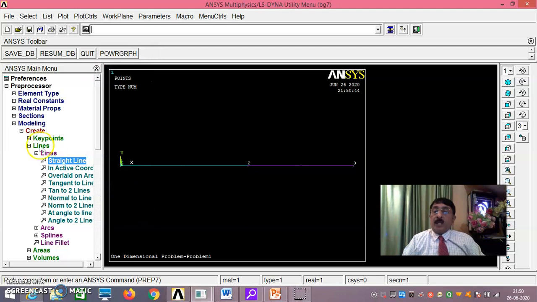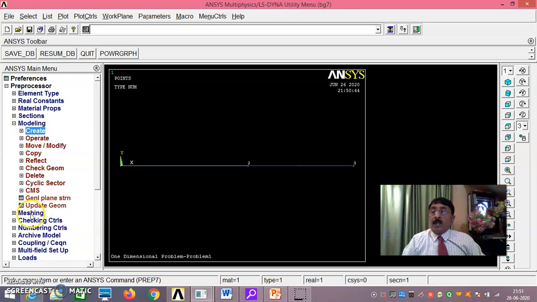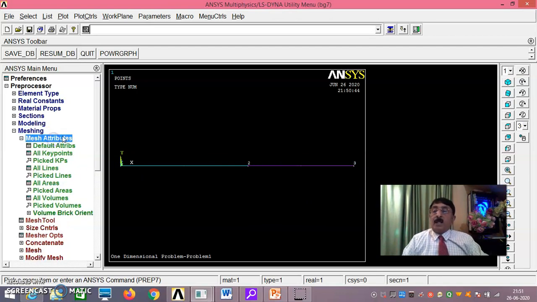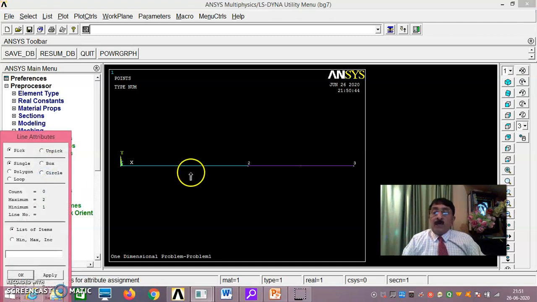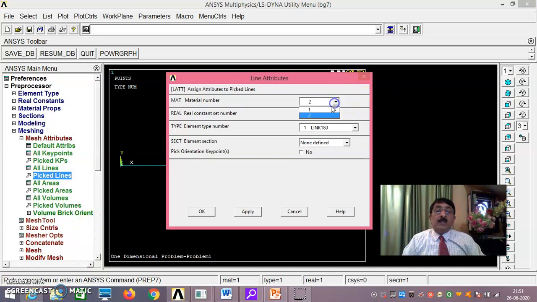Just say okay. Now as you know, you have created lines. Then we go for meshing. Mesh attributes, very important because you have to make ANSYS understand that this is steel and this is aluminum. For the steel, we have given real constant 1, material 1. For this, real constant 2, material 2. Mesh attributes, picked lines, pick this line, just say okay, and this is 1 and 1 you put.